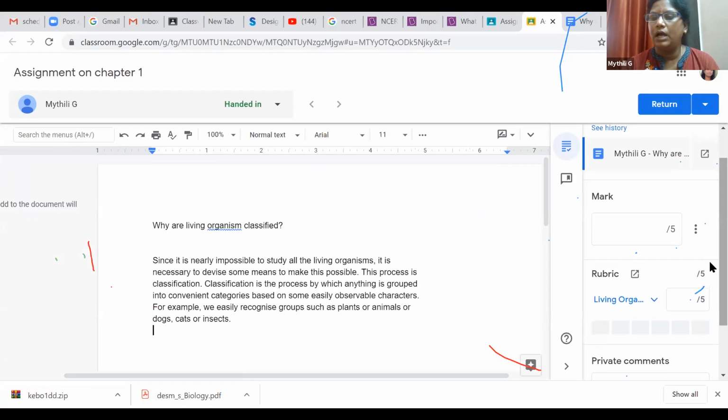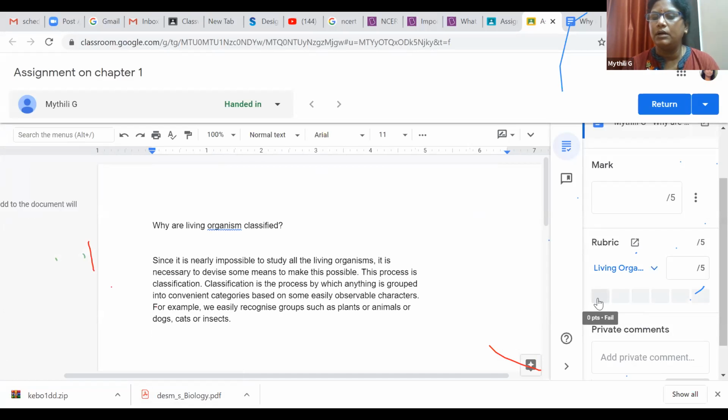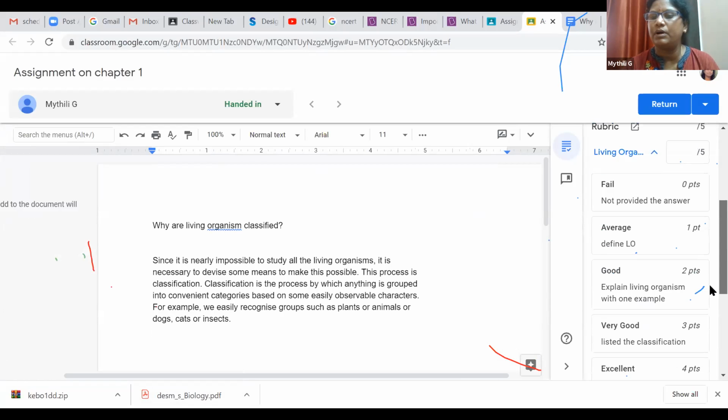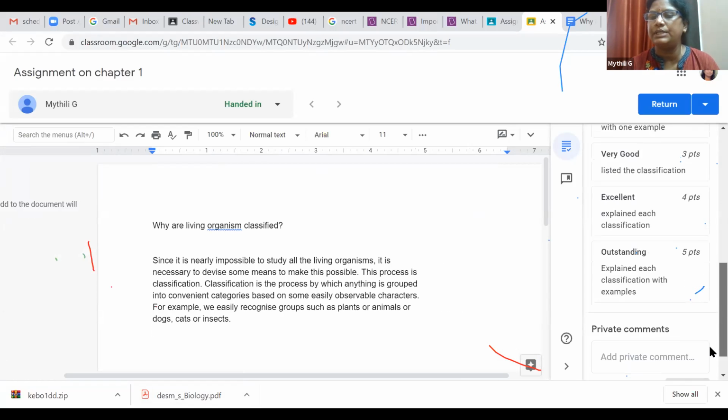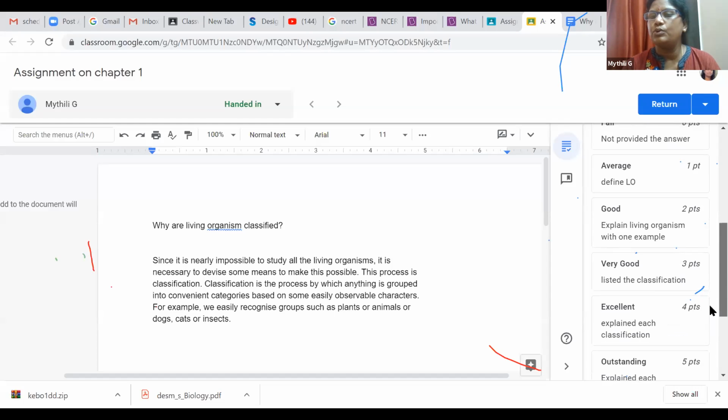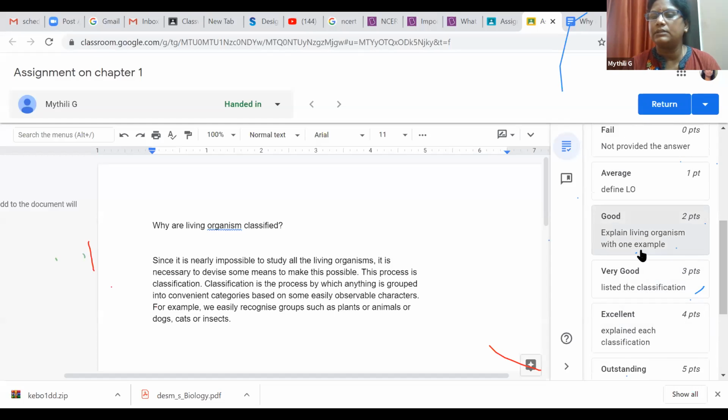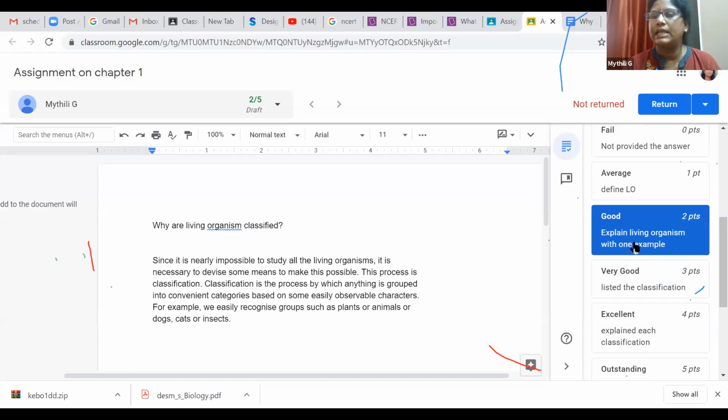So I'll go through the assignment, and then I'll say this is the rubric. You can also see the rubric, how it will be, with the points. All the points are available here in the rubric, so you can select that. Okay, I will select this, and this will be saved here.